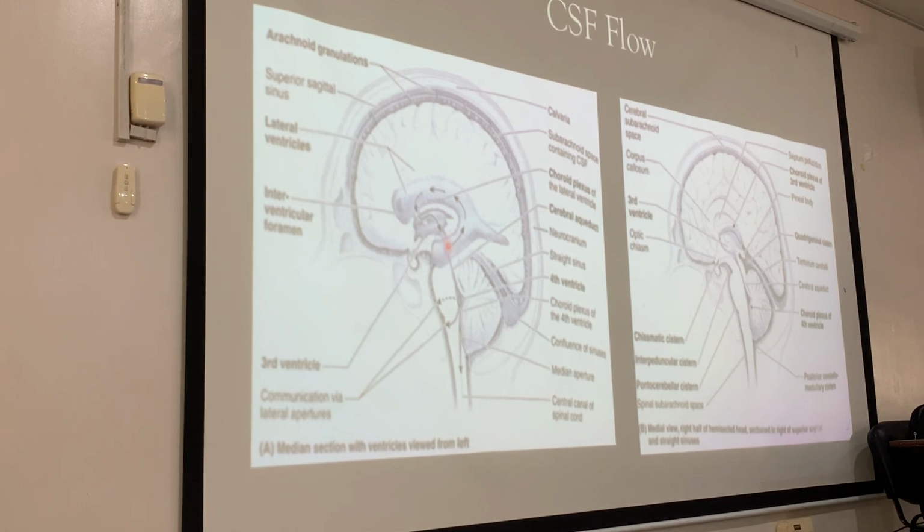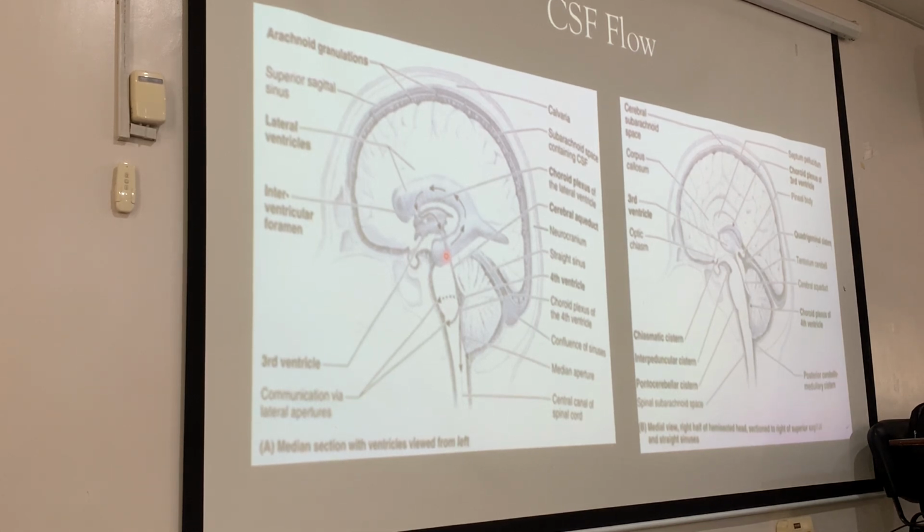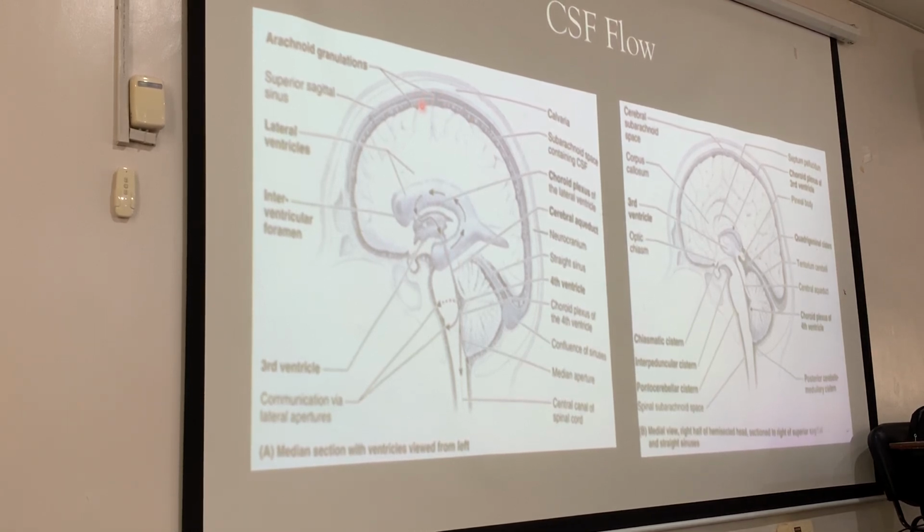That's a common cause of hydrocephalus, obstruction in the aqueduct. There are also some babies who were born with aqueductal stenosis. So they have congenital hydrocephalus. There are also some patients who have tuberculous meningitis, and fibrosis can obstruct the arachnoid granulations. And CSF is not reabsorbed. So what happens? All the ventricles will dilate. So the lateral, the third ventricle, the fourth ventricle will also dilate, causing hydrocephalus.